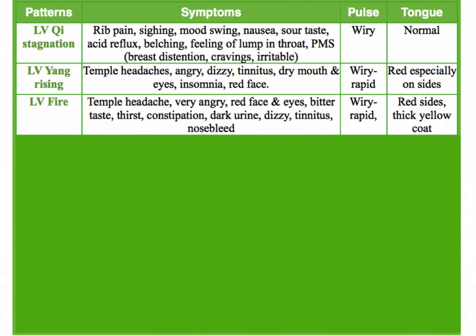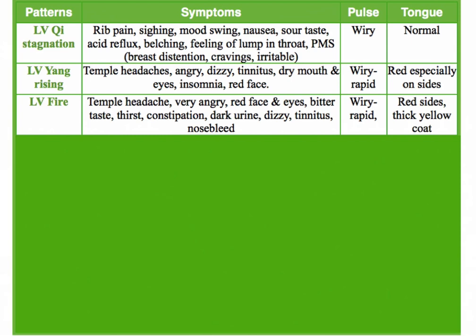So acid reflux, belching, sour taste, nausea. The feeling of a lump in the throat is called plum pit syndrome, and plum pit syndrome feels like you're trying to swallow this little ball of phlegm, or plum pit, a little ball of phlegm that's in my throat. You know there's nothing there because you drink water and stuff, there's nothing there, but it feels like there is. That is usually a liver qi stagnation that's affecting the gallbladder as well, and there is phlegm as well, but there's not physically something in there.